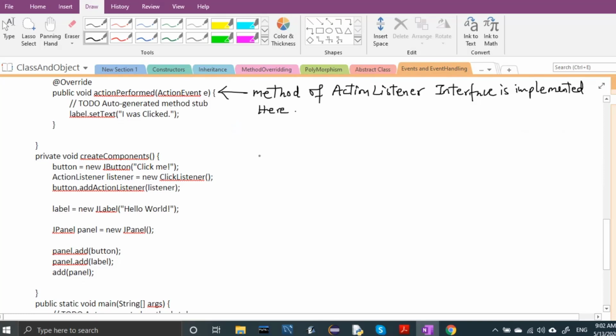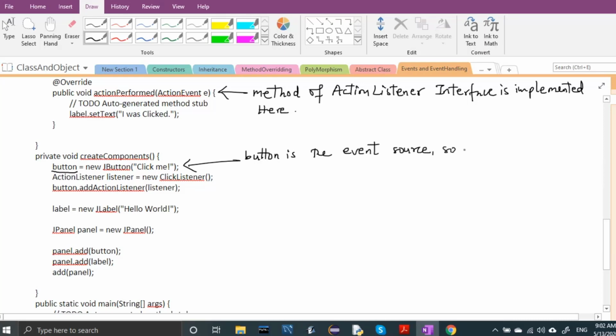There is another thing about this. See, this is the component, the button, which is the event source.